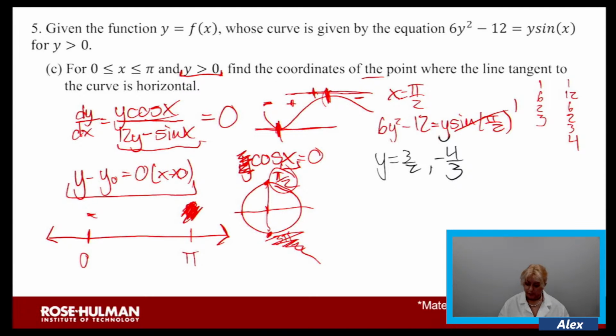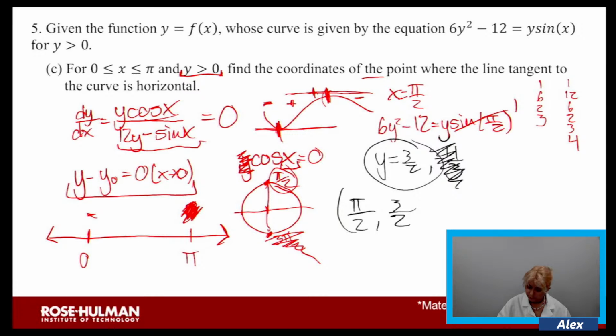So you actually get 2 points out of this. No, you only get 1 point, sorry, because y has to be positive, so that automatically takes out this as a possibility. So your point is pi over 2, 3 over 2, and that is the point where the slope of the line tangent to the curve is 0,